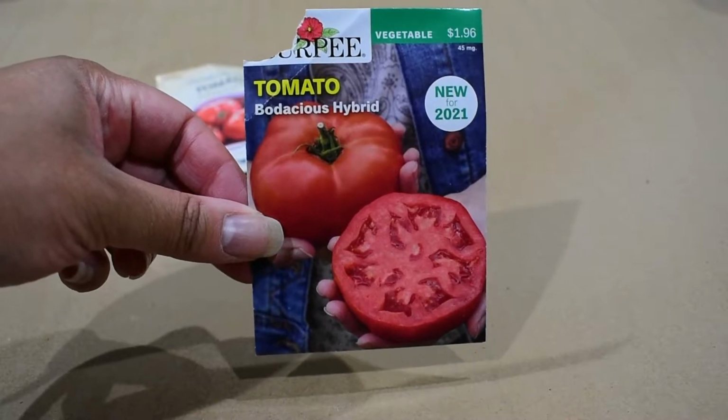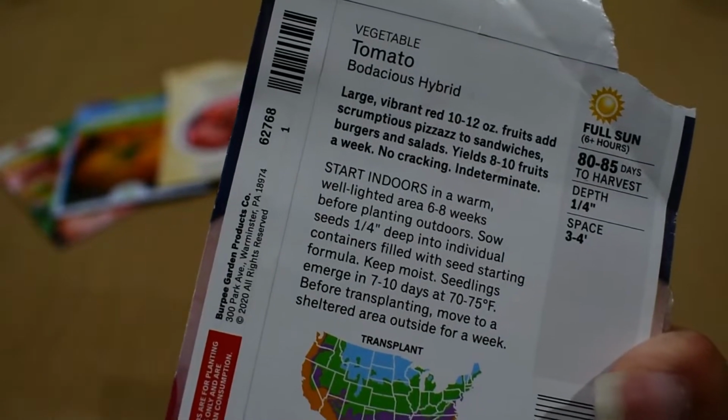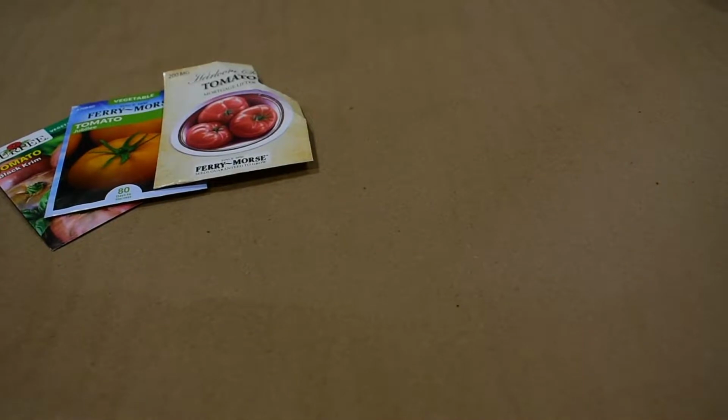This is a new one from last year. And this one gets 10 to 12 ounce fruits, but what really interested me for this one was it says no cracking on the back. Now I do have an issue with my tomatoes cracking because our summers are very, I don't know how to say it other than wonky. They'll be super hot, super humid, but we'll also get no rain. So then we're trying to water the garden, and then we'll suddenly get absolute downpours, which of course a whole